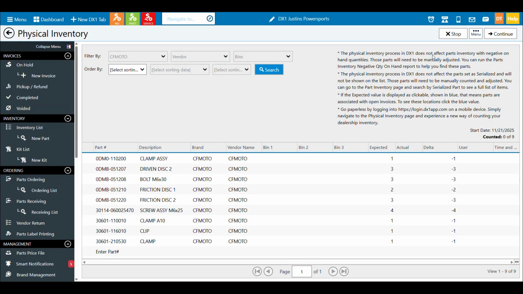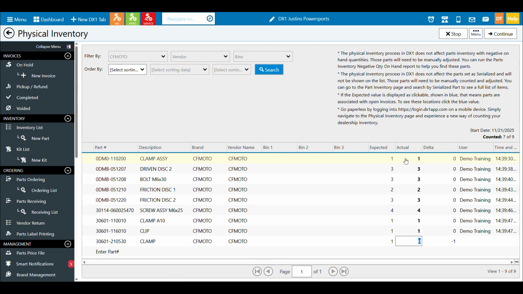All right, so one way or another, we're going to go out and start counting parts. If we're using mobile devices and we're watching this screen, we'll see people out counting, and we'll start to see updates in real time. I could just sit here and manage it. If I'm entering in the numbers, people brought me sheets, or if you have multiple people entering their values, you can do that. Again, you can see me entering my quantities here: 1, 1, and for this last one, we'll do 0 to create a delta.